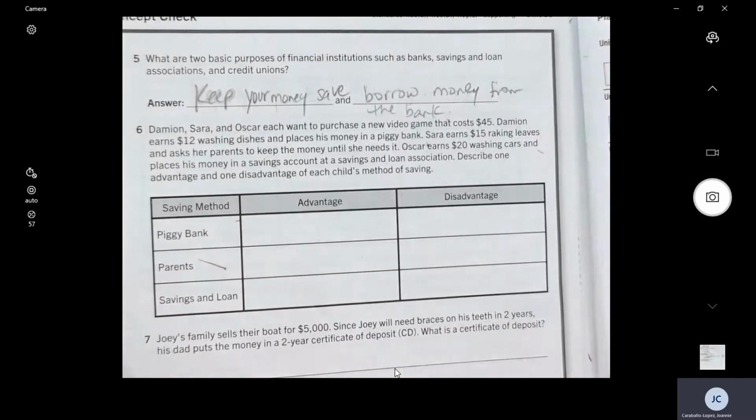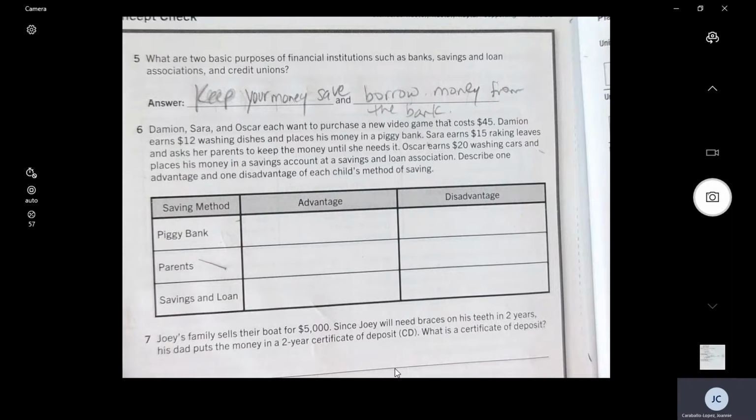So those are just examples. Your answer should reflect something that has to do with banks. All the answers that you gave me were correct answers, okay? If they were not wrong, you just have to put them in your own words, and be able to explain to me what a financial institution is. All right, so here we go.